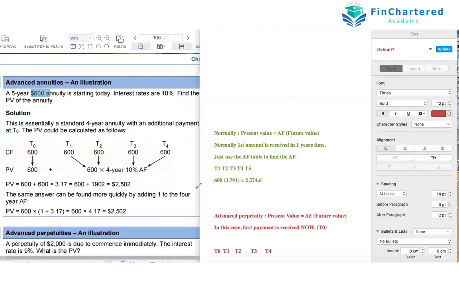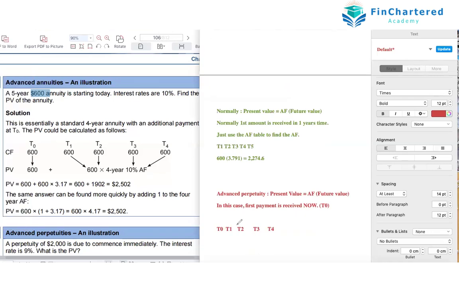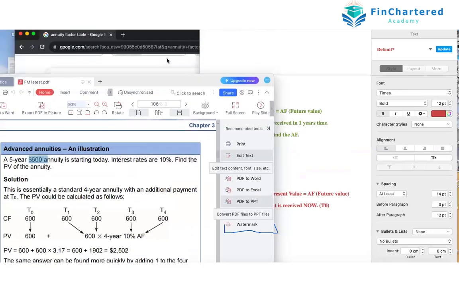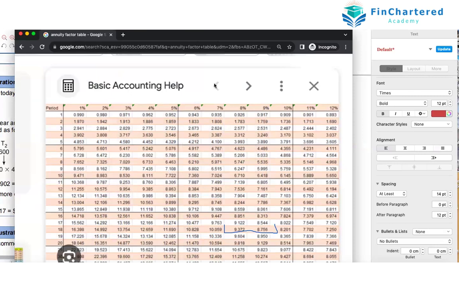So in this case, what you will do is you will simply find the annuity factor for time 1 to time 4. Right? How will you find the annuity factor for time 1 to time 4? Here is my textbook. Again, you will simply take, I'm putting this in green, 10%, but you only want time 1 to time 4. That is, here you will stop at time 4. So you will get the annuity factor as 3.170.